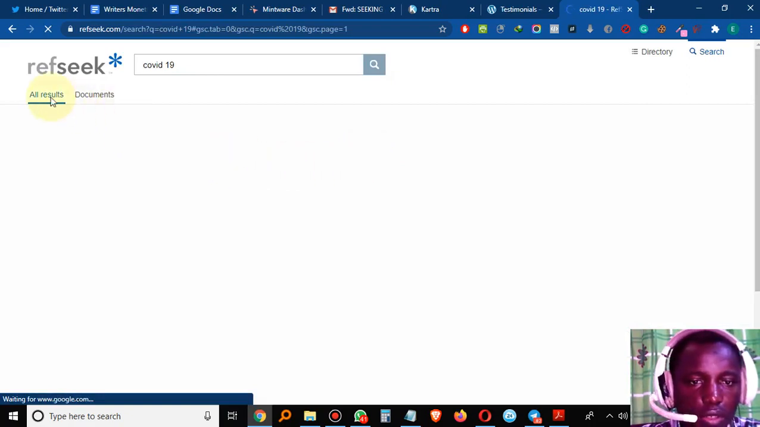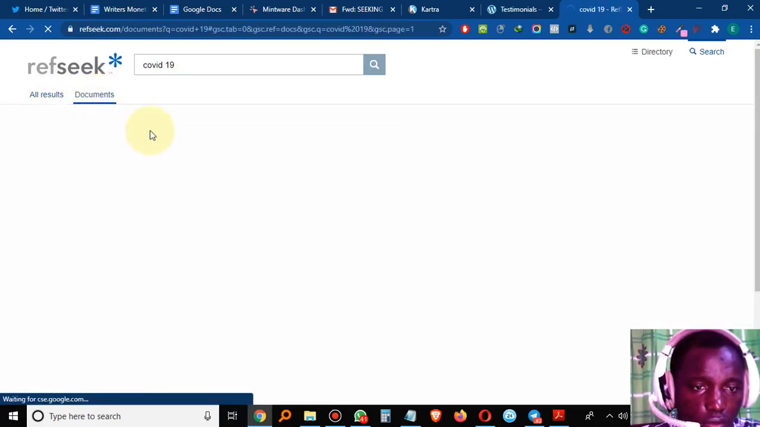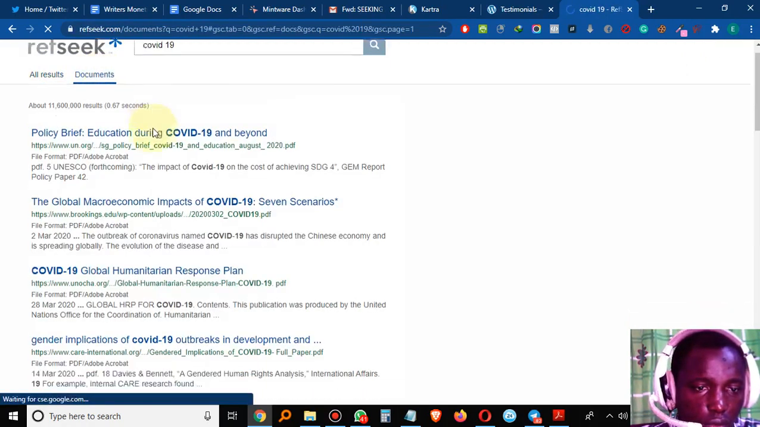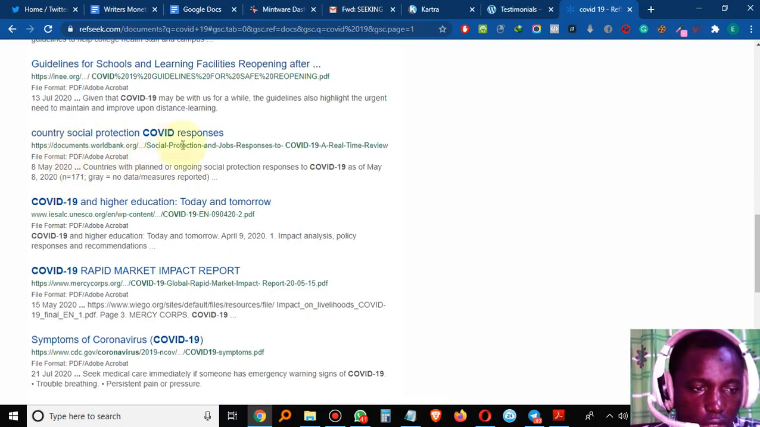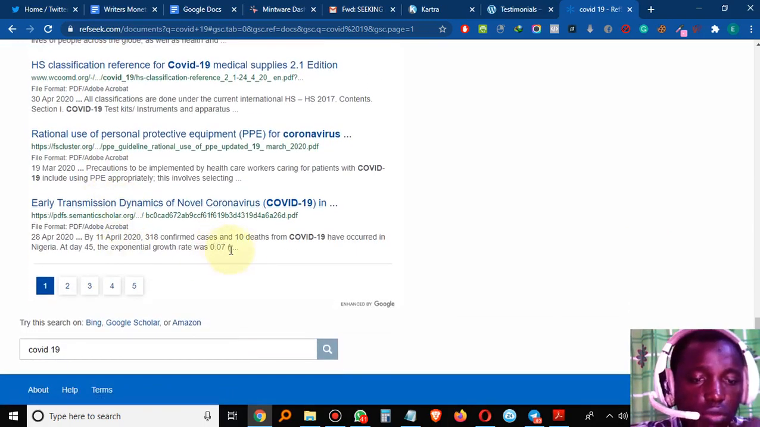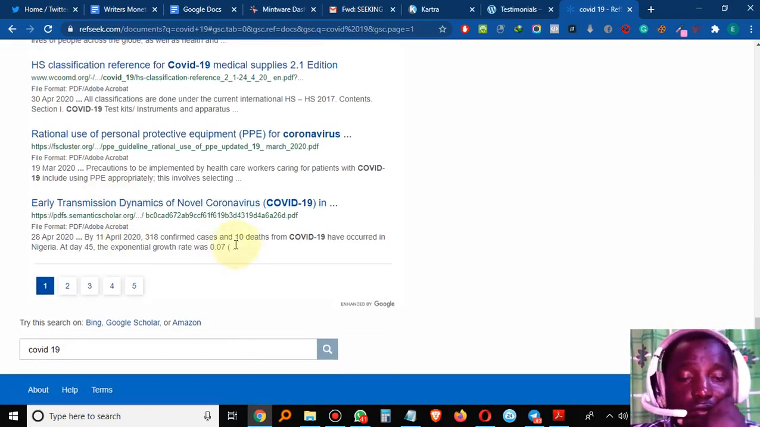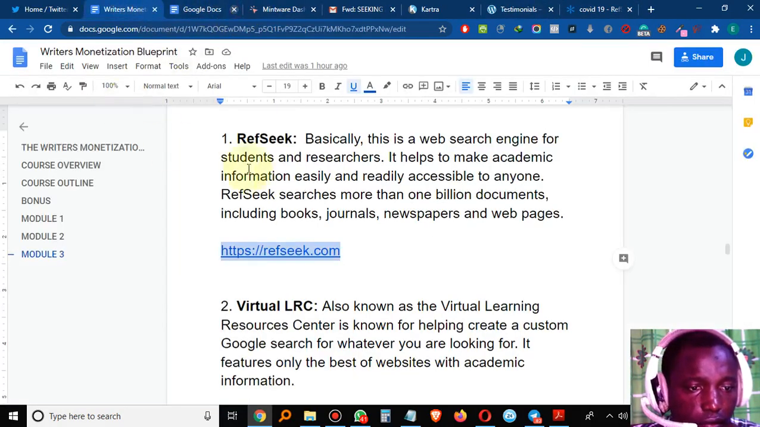And these are all the results, as you can see here on the screen, and you can look here for documents. You can see a COVID-19 guide for schools in Nigeria, and these are PDF documents that you can download. So if you have any research to carry out, you can use refseek.com. So that's one. Another one we're going to go through is